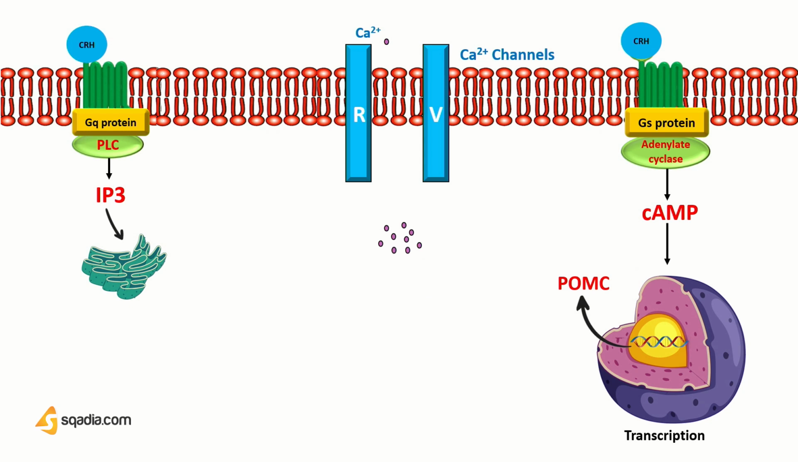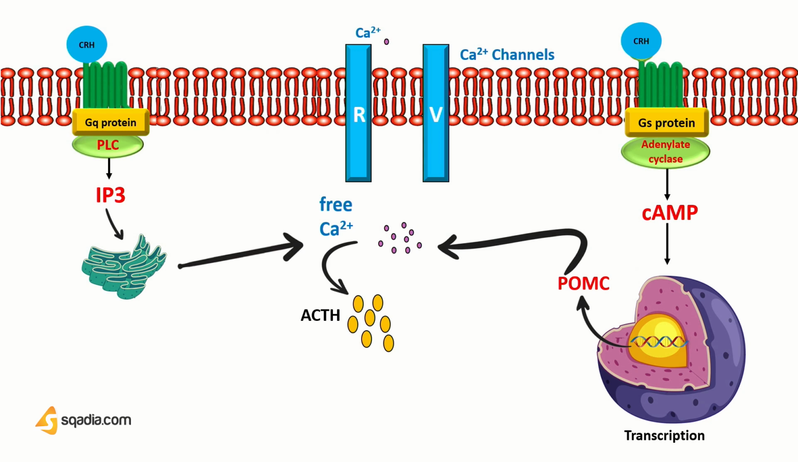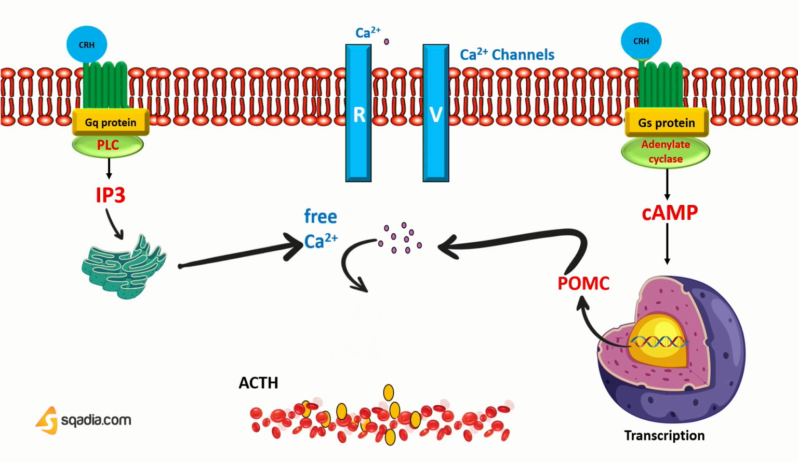Now, these free calcium ions and this POMC that was produced here is resulting in the production of ACTH. Now, this ACTH is finally released in the blood circulation to act on its target organs, which are the cortex of the adrenal glands. So in a nutshell, we can see that CRH is responsible for the release of ACTH